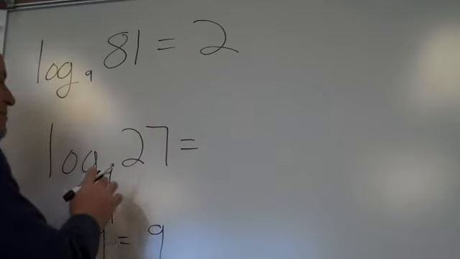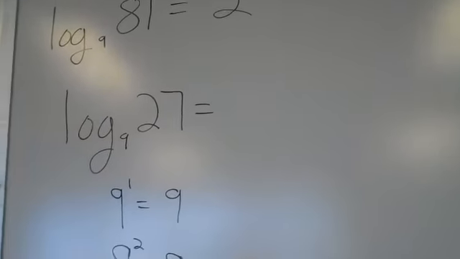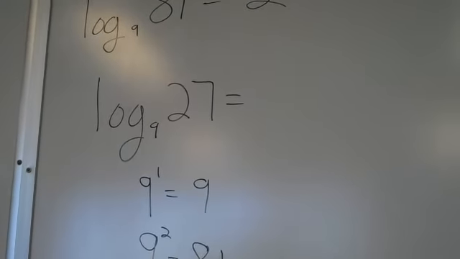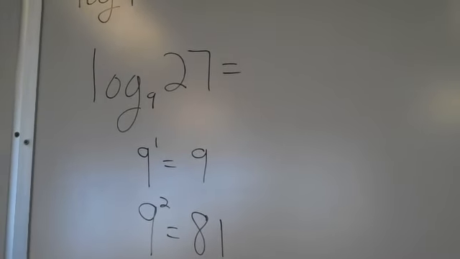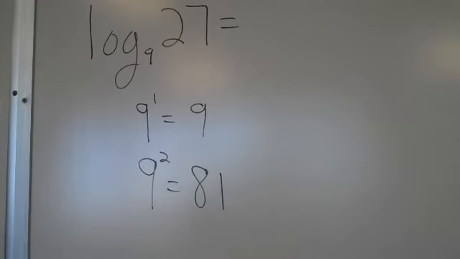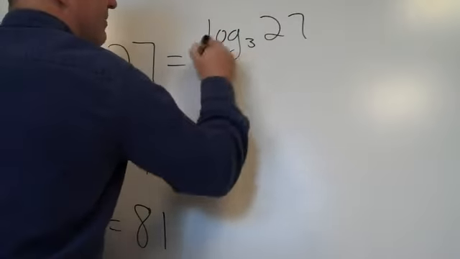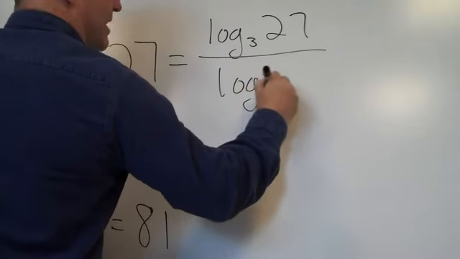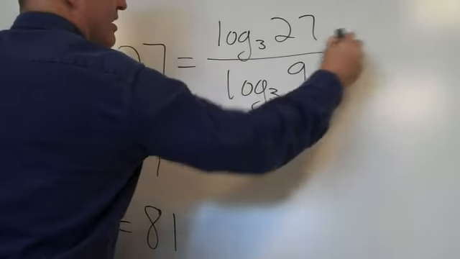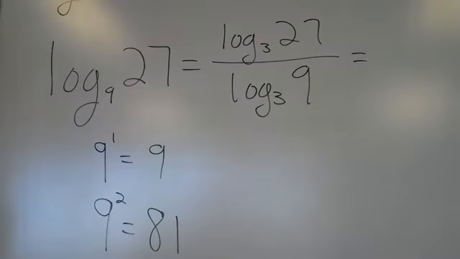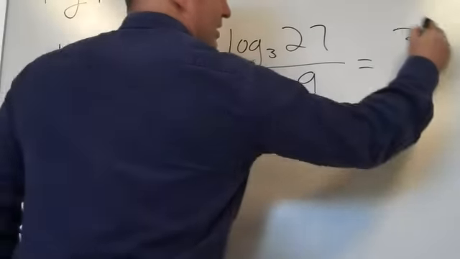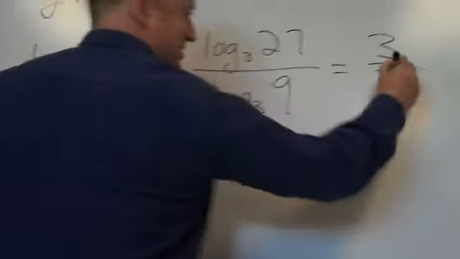Now what base will I choose to change this to? What base would make sense with 9 and 27? 9 and 27 are both powers of 3. Okay, so I'm going to make this log base 3 of 27 over log base 3 of 9. 3 to what power is 27? 3. And then 9 is 2. Yep, and then 2,